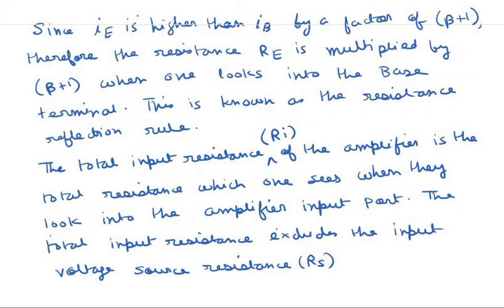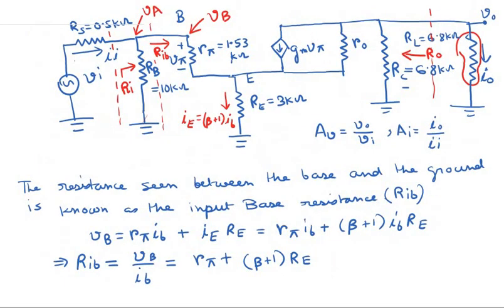This is how you solve this kind of problem. You first do the DC analysis of the circuit to find the biasing DC base current, and then you find the magnitude of R pi from the DC base current, and then you find R pi, Gm and R0. Once you find R pi, Gm and R0, you draw the small signal equivalent model of the transistor amplifier along with the voltage and everything, and then you solve it like a normal lumped resistor circuit. So this is how you solve this kind of problem.